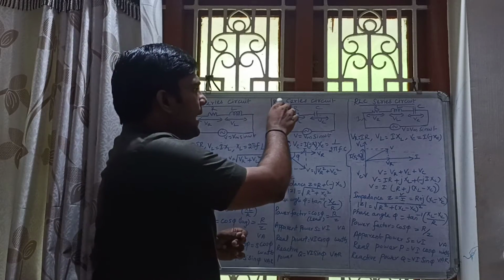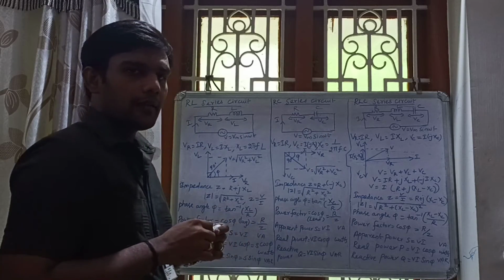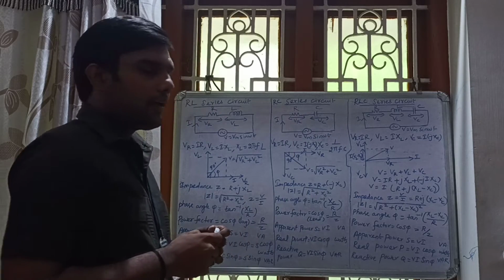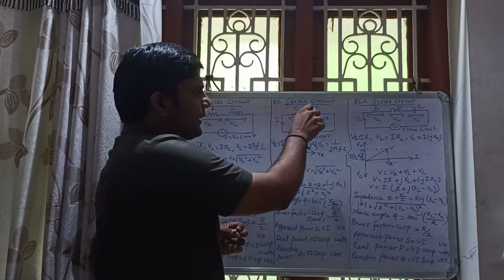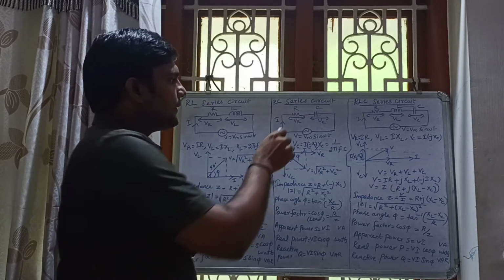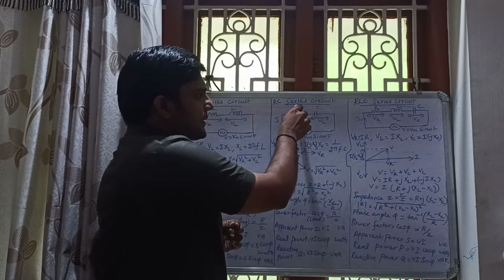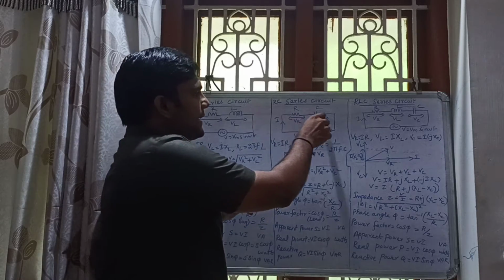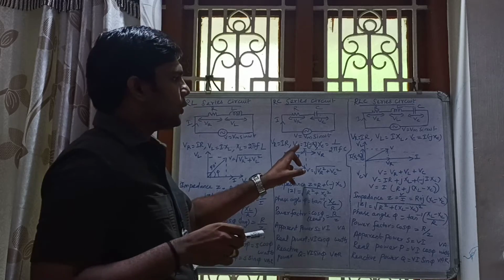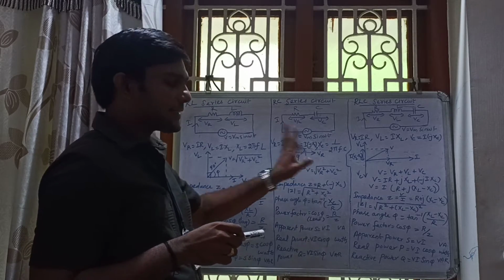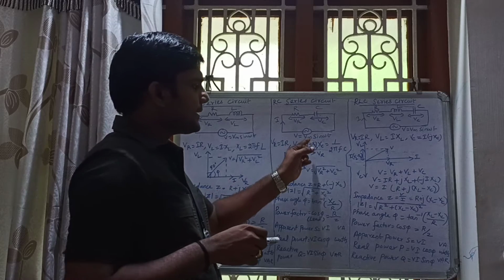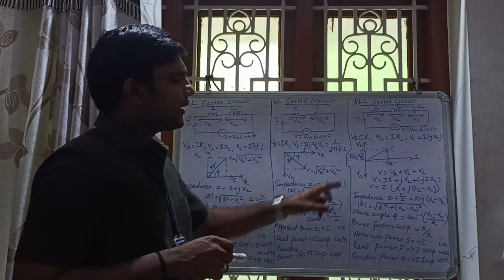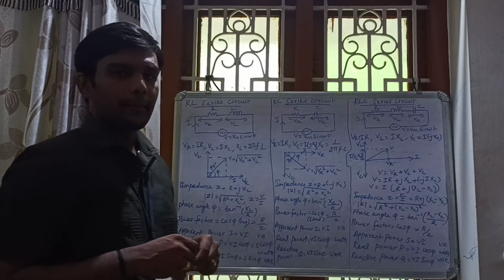Right. And RC series circuit. Here the resistor and capacitor both are connected in series. Across that series combination, voltage source V is connected, which is Vm sin omega t. Here I is the current which is flowing through that series combination, and the voltage across the resistor R is VR, which is nothing but I into R. Then voltage across the capacitor is VC. VC is equal to I into minus XC. So here XC is nothing but the capacitive reactance, which is equal to 1 divided by 2 pi FC.